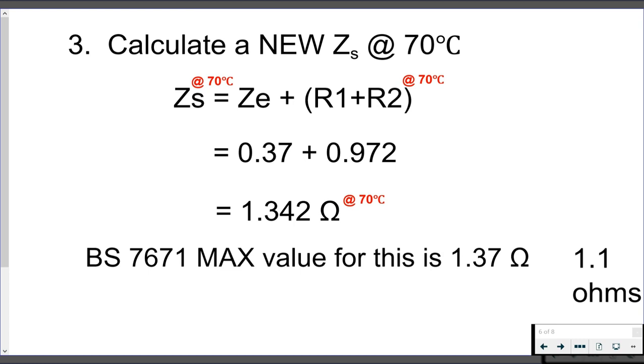As we identified earlier, BS 7671 has a max value for this circuit at 70 degrees C of 1.37 ohms. So our further investigation has identified that this circuit actually passes the Zs max. So if you're doing this for an initial verification, if you're doing this for a periodic inspection,